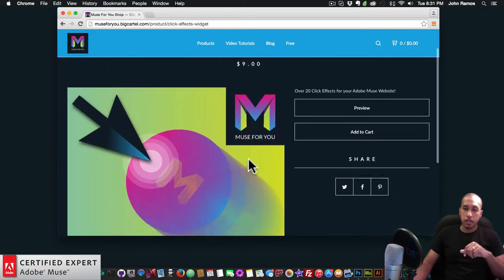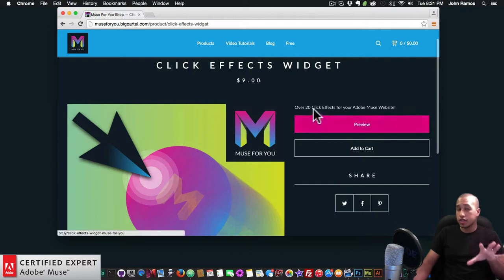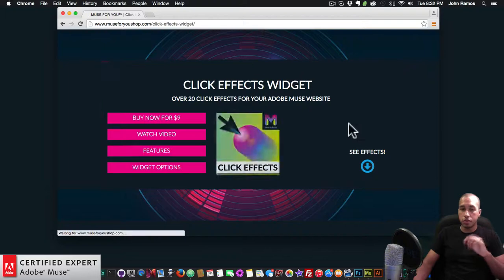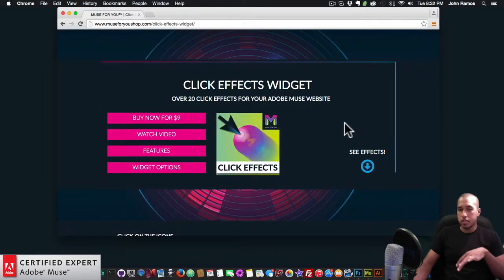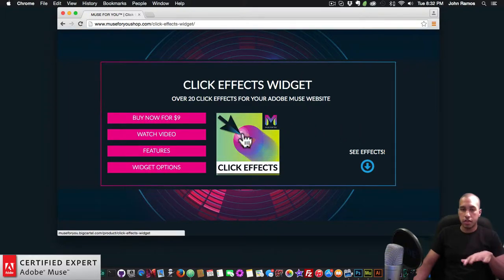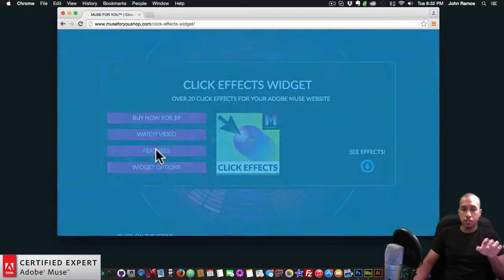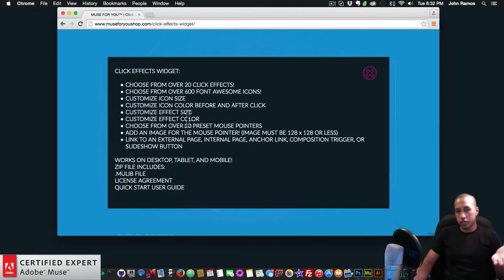So I'm just going to click on here, and here it says over 20 click effects for your Adobe Muse website. And if we click on preview, we can preview an example site. I've used the SVG draw widget and the animator for this here. It kind of flashes in and out. But here in the preview we can click on features, and I'll let you read all the features